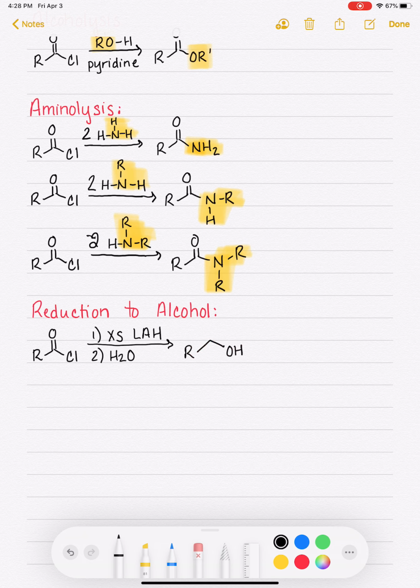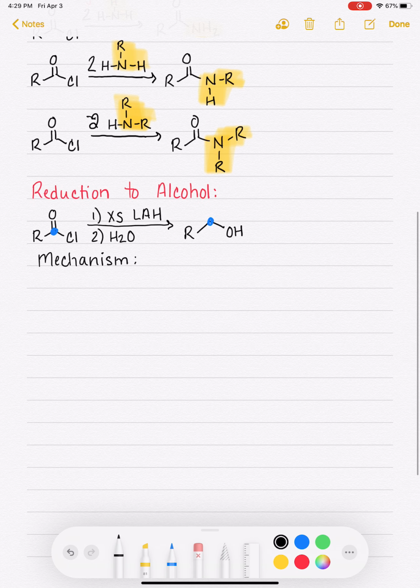And I need you guys to be careful when you're doing this reaction. Don't lose your carbonyl carbon. Make sure that you keep that carbonyl carbon in your product. Let's take a look at how this magic happens. You should feel pretty comfortable with LAH mechanisms because we have been looking at them for a really long time with a variety of different carbonyl compounds. Remember that in LAH reduction, your actual nucleophile is the hydride ion H-,